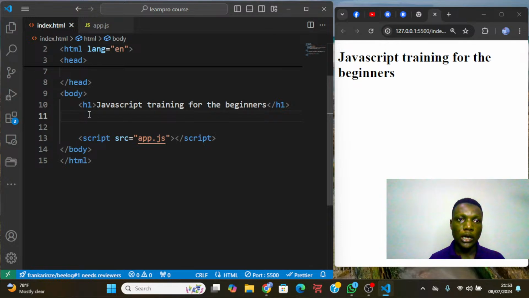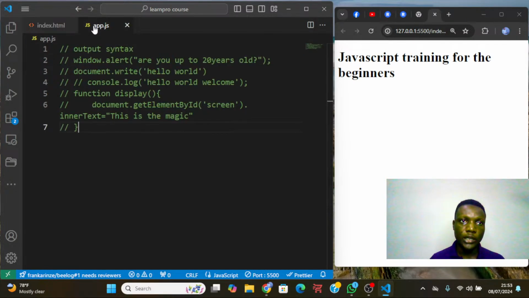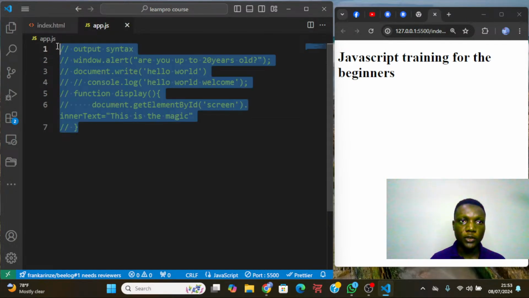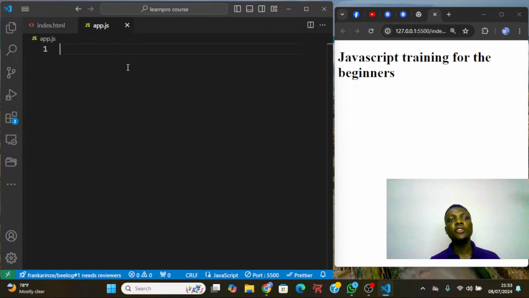Coming to the JavaScript, let me also remove this. Coming to the JavaScript variables. Now, first of all, a variable is